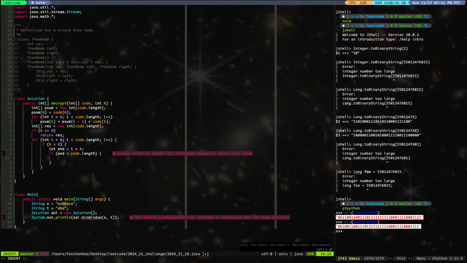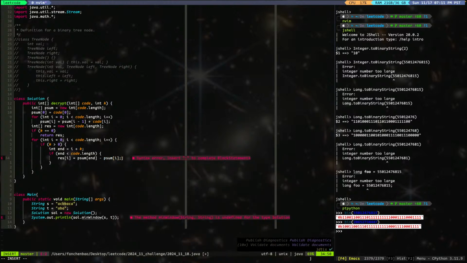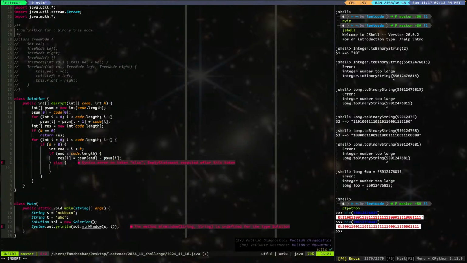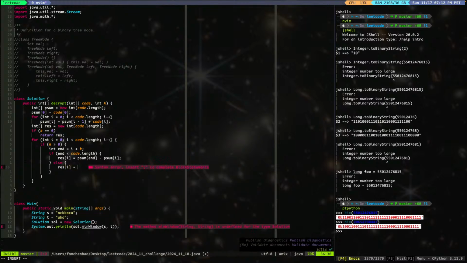Then we can say res I shall equal to p sum n minus p sum I. Done. Else, if n is larger or equal to, right? Larger or equal to, then we can find out how many additions it will need. Then we can say res I shall equal to p sum